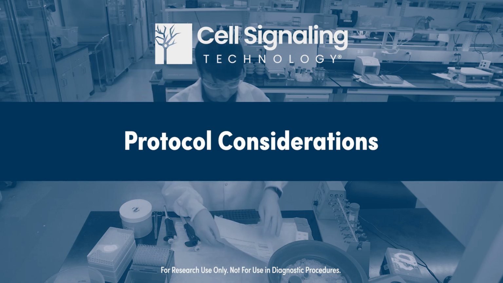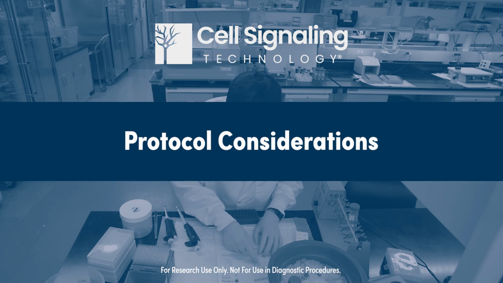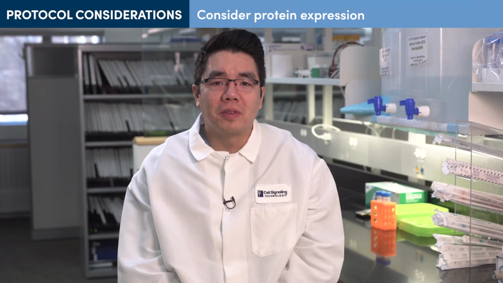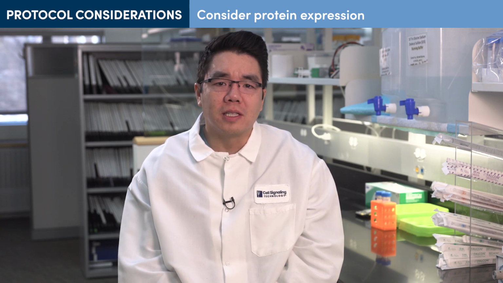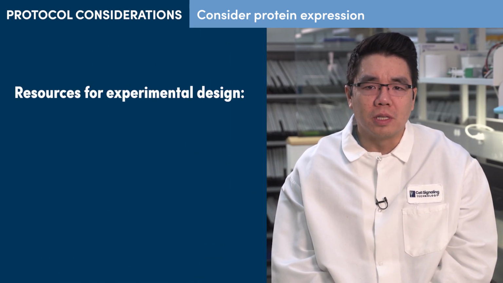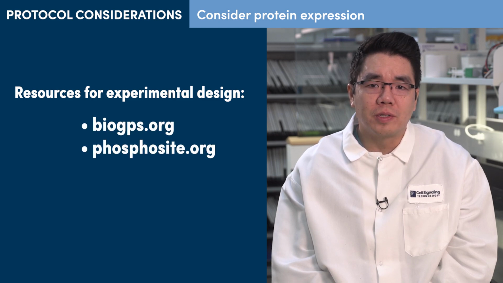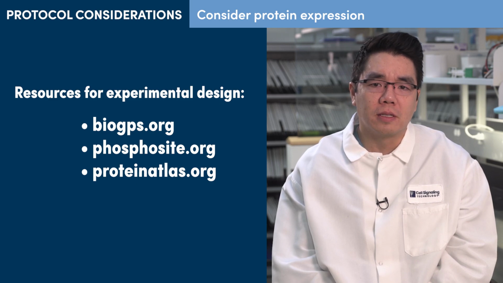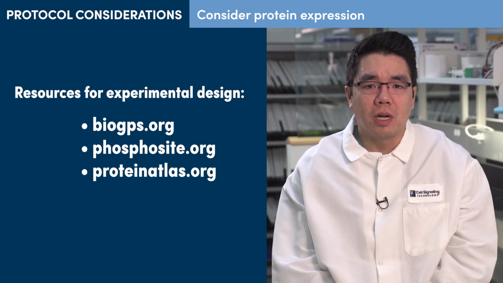Before designing and setting up your experiments, let's review guidelines for selecting antibodies, beads, and controls for immunoprecipitation. Experimental design and reagent selection for immunoprecipitation assays are interdependent and are based on the desired protein targets and readouts. When identifying protein targets and selecting antibodies, check online resources such as biogps.org, fossilsite.org, or gene and protein expression databases such as the Human Protein Atlas. These can provide information about protein expression levels in your cell or tissue model and help you understand what to expect from your results.